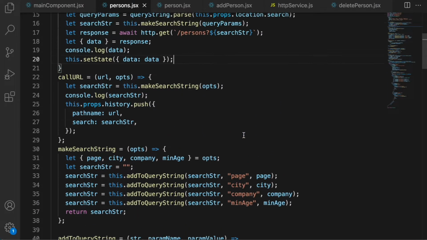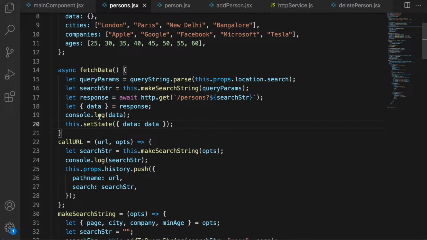And in the fetchData, what did we do? Once we got the data from the server, we would do a setState and a setState would do a render. So this is the approach we had used, which we have learned in greater detail in our component lifecycle. If you're not very clear still about the component lifecycle, you should go ahead and watch that video once more with this understanding and it will become very clear.